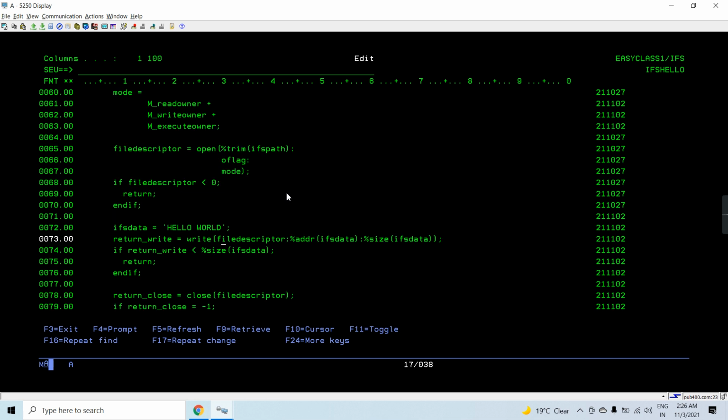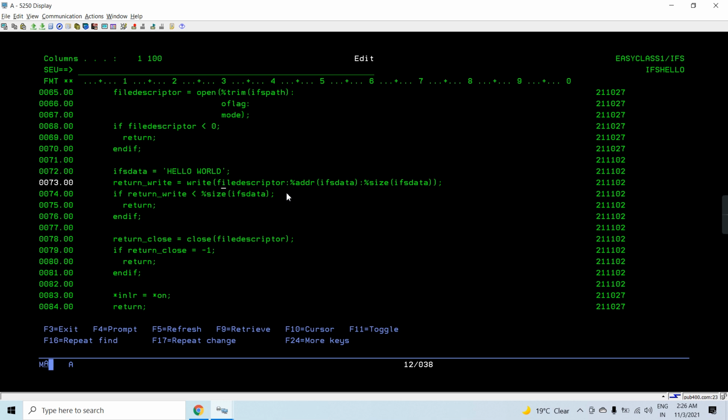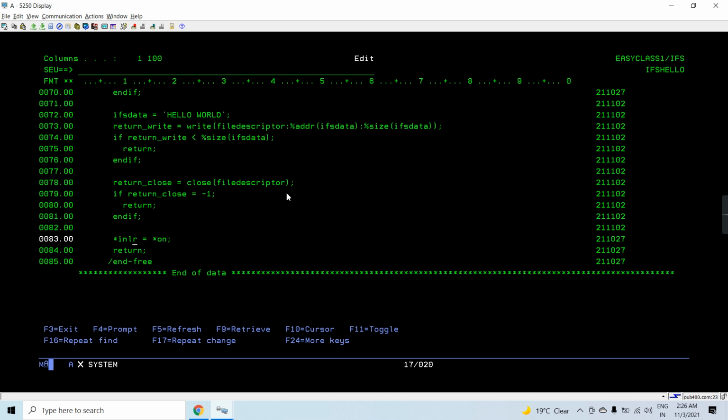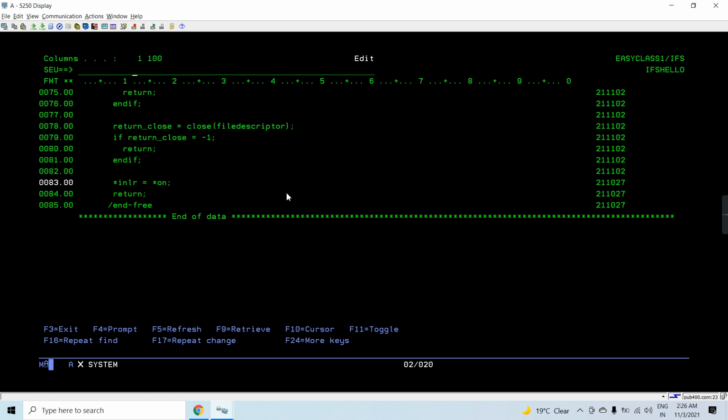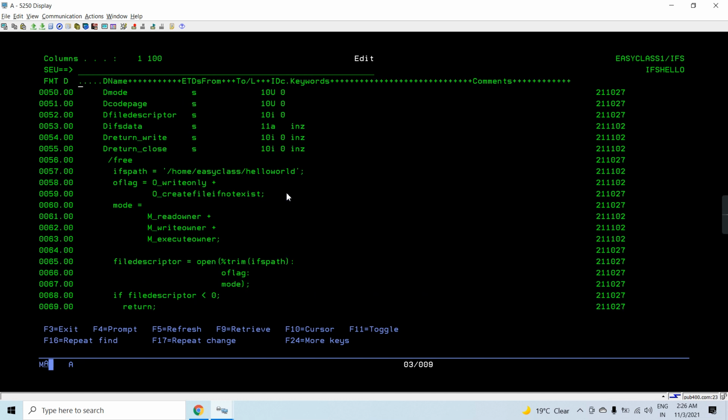So we'll pass the file descriptor from the open API to every other API, whether it's read, write, or close. Here we are using the write and close APIs, so we are passing the file descriptor, and this will close the file that was opened. If it's 0, it's closed. If it's -1, then there is some error in closing the file, and that's all. So this is the simple hello world application on the IFS.